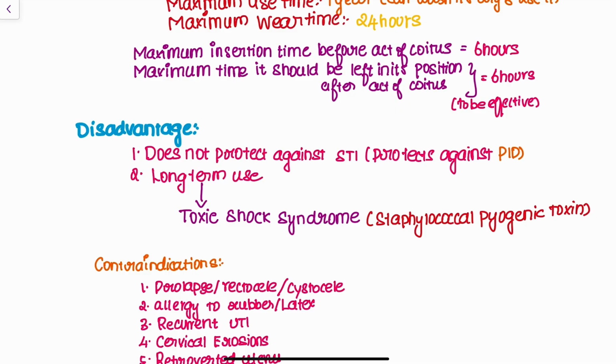But then, due to the presence of the diaphragm from behind the pubic ramus to the posterior fornix of the vagina, the further ascent of this sexually transmitted infection, which might lead to pelvic inflammatory disease, can be prevented. Is that very clear for you? Please remember, a sexually transmitted infection cannot be prevented, but the further ascent of the sexually transmitted infection, which might lead to pelvic inflammatory disease, can be prevented because of this barrier contraceptive diaphragm.